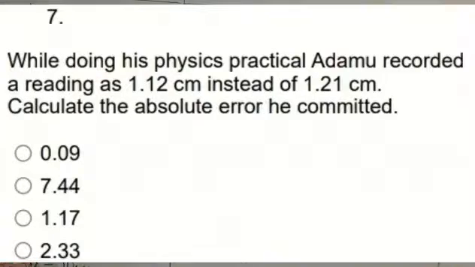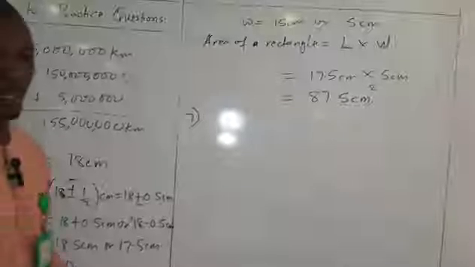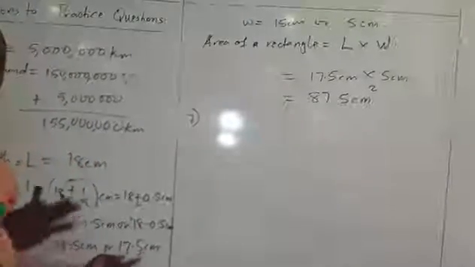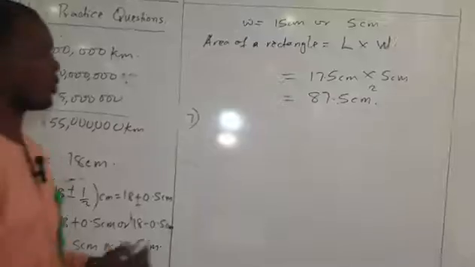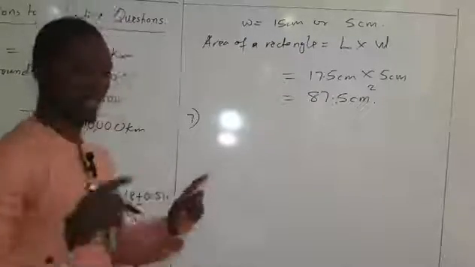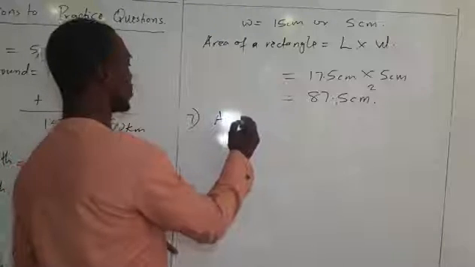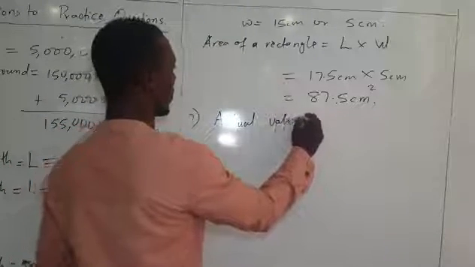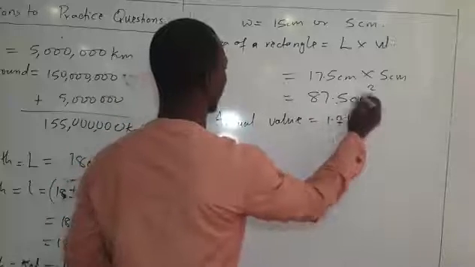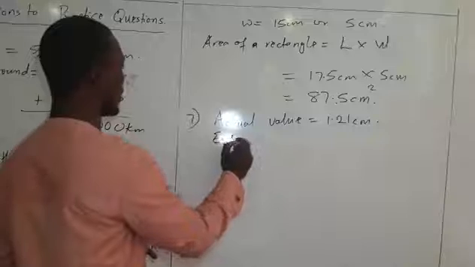Then question 7 says, while doing the physics practical, Adamo recorded the reading as 1.12 instead of 1.21 centimeter. Calculate the absolute error he committed. If you look at the question, we have two values here. We have the estimated or recorded value, and we have the actual value. The word instead of means the actual. So the actual value is 1.21 centimeter,